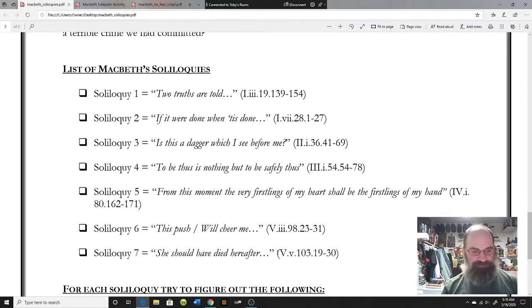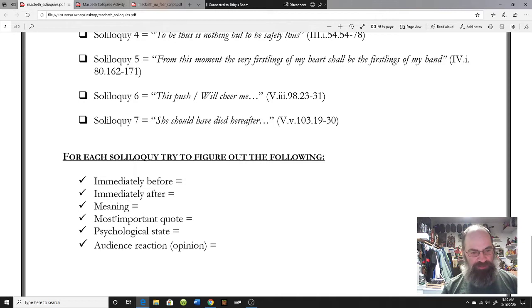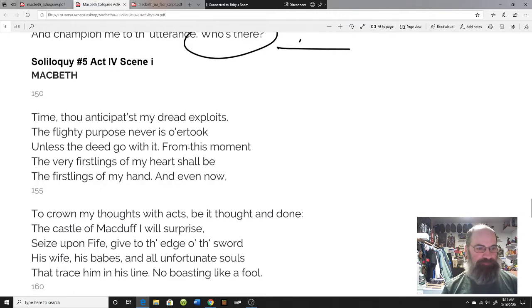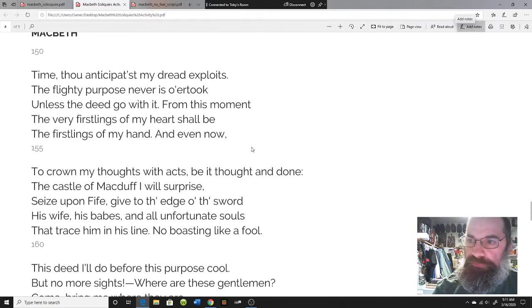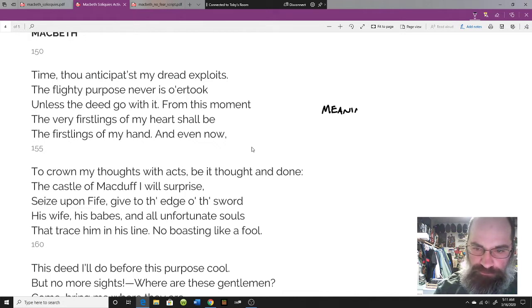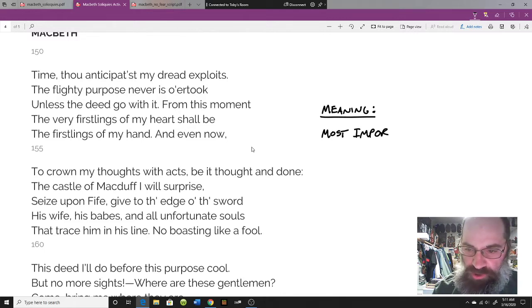So we're going to focus on these questions right now: meaning, most important quote, psychological state, audience reaction, and then we'll talk about immediately after. So we go over here to this tab. We're going to walk through this. So remember we're looking at meaning, and if you've got your hand out, you can pause the video at this point and you can work with me if you want. We're working with meaning, most important quote, and then we're looking at